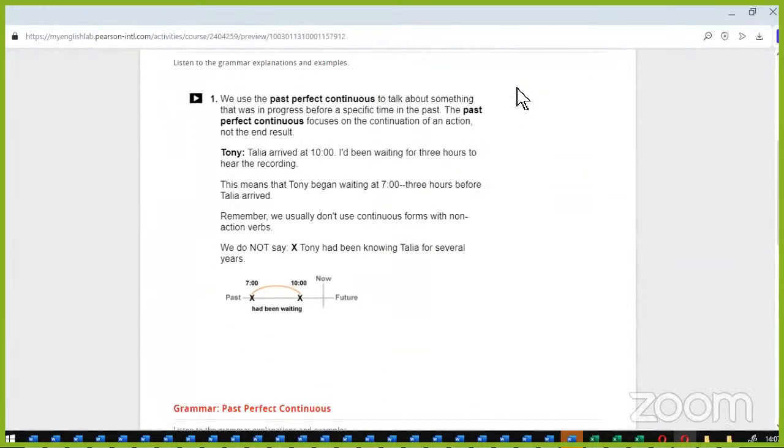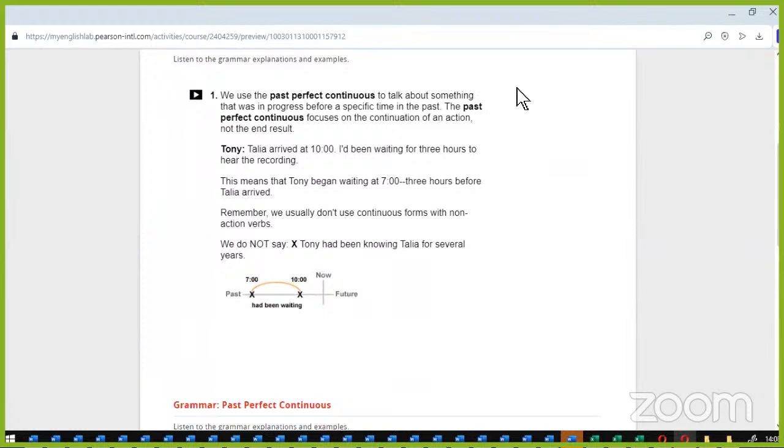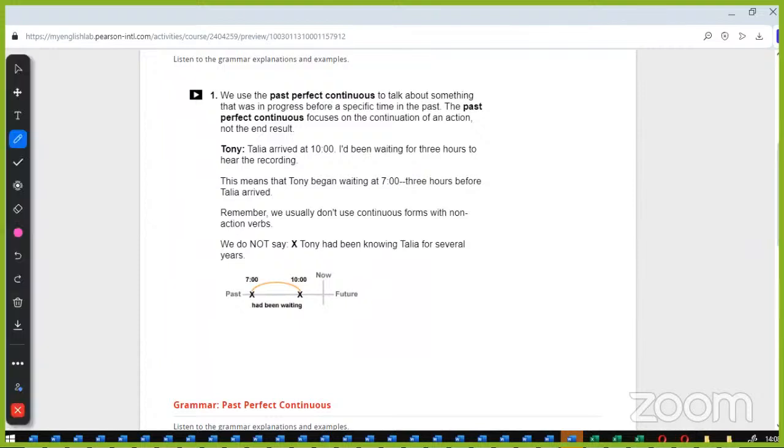Okay. So we used the past perfect to talk about something that was in progress before a specific time in the past. Like